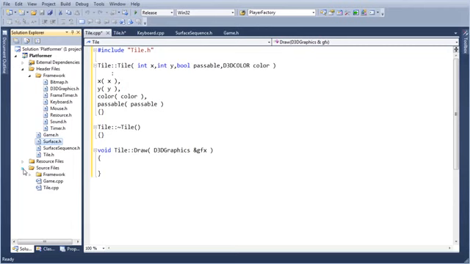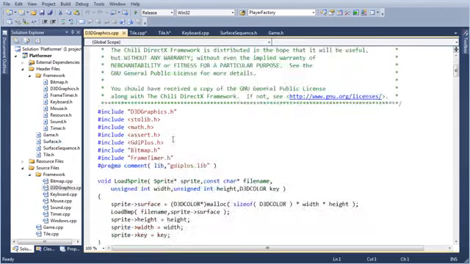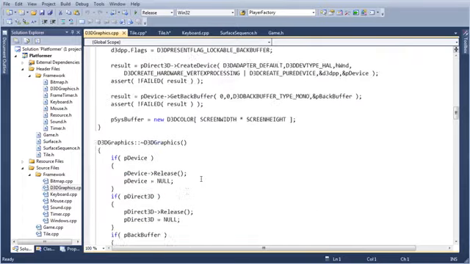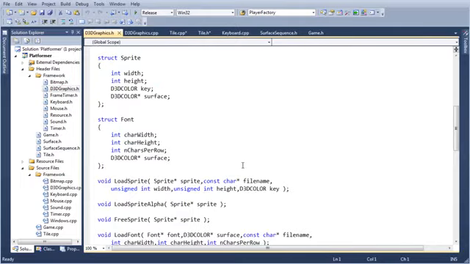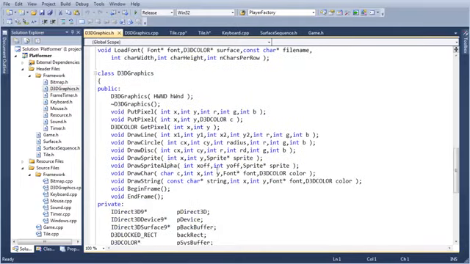Here we're gonna go and edit that thing that I told you we wouldn't edit. These files. So let's see here. Draw a line, draw a circle, draw a sprite, draw a curve. Whatever.